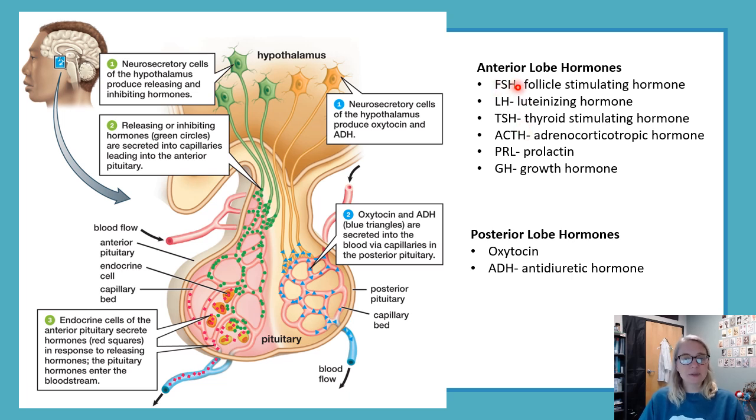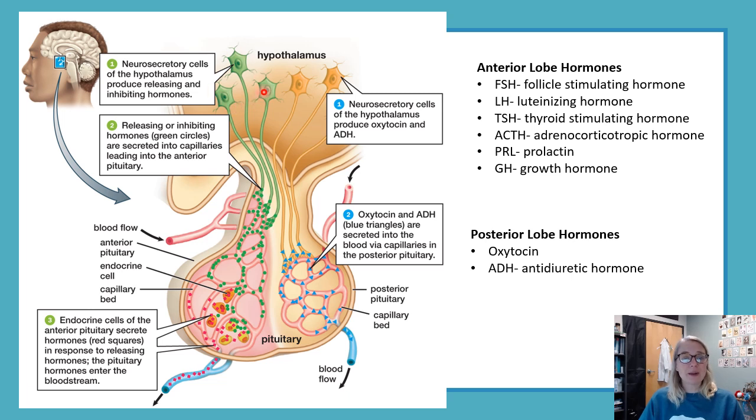So we have follicle stimulating hormone, luteinizing hormone, thyroid stimulating hormone, adrenocorticotropic hormone, prolactin, and growth hormone. That's a lot. So all of those hormones are made from these little cells. They're kind of indicated by the orange and the pink clusters here. This whole anterior lobe is jam-packed of these cells, and each cell will make their own hormone. They don't make all 6. So you're going to have a group of cells that will make just growth hormone. You'll have a group of cells that just make thyroid stimulating hormone. So they're hanging out in their anterior lobe.